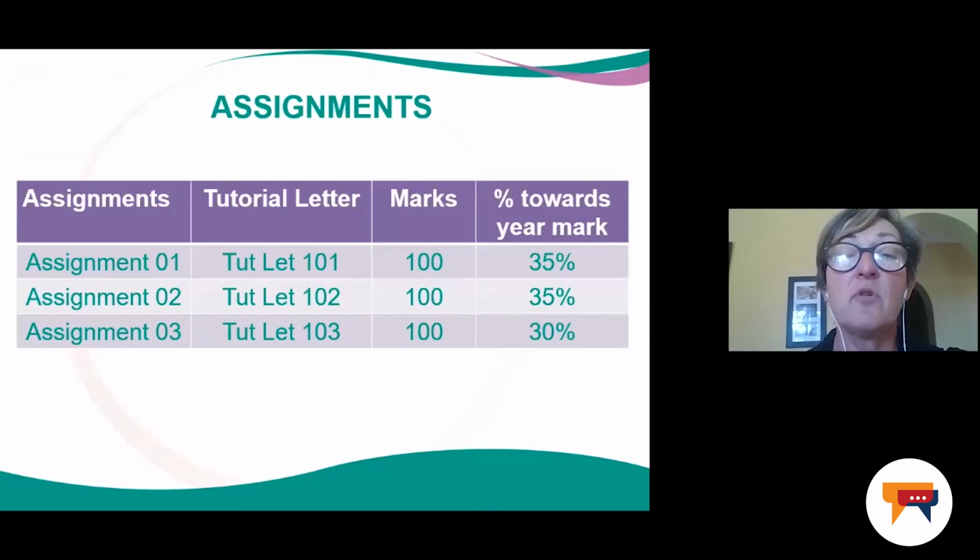Then just as a summary, the 3 different assignments, just take note, each and every assignment is a full assignment totaling 100 marks. Assignment 1 contributes 35% to the year mark, the same with assignment 2, 35% towards the year mark, and assignment 3, 30%. So if you miss either one of them, it's 30% that's just gone. Then you know you have to work so much harder during the exam because we're not going to take late assignments. When you submit your assignments, please make 100% sure you submit the correct document.